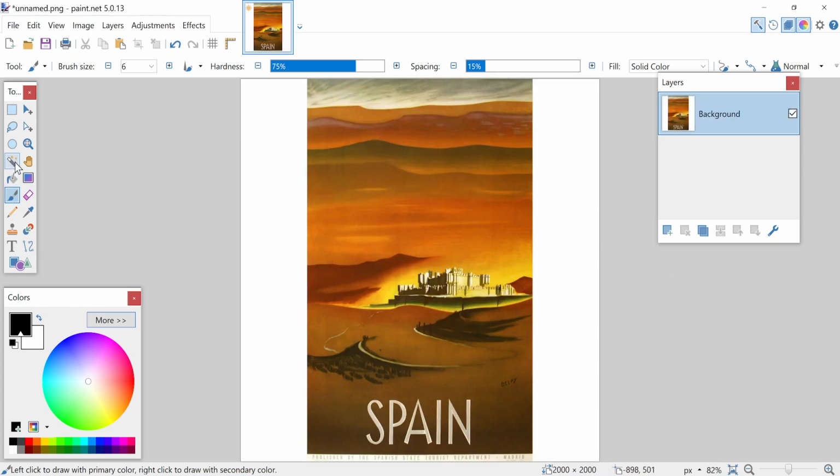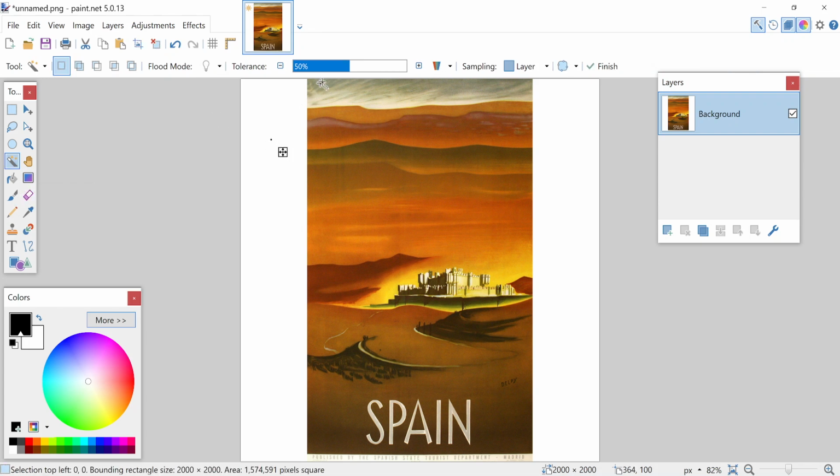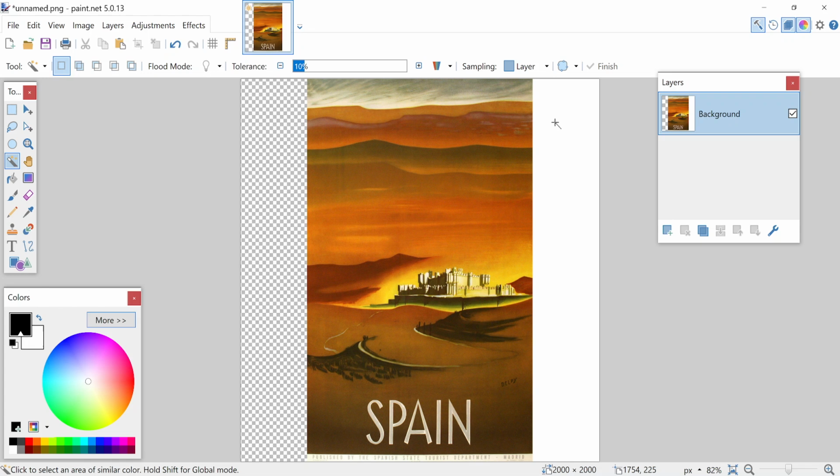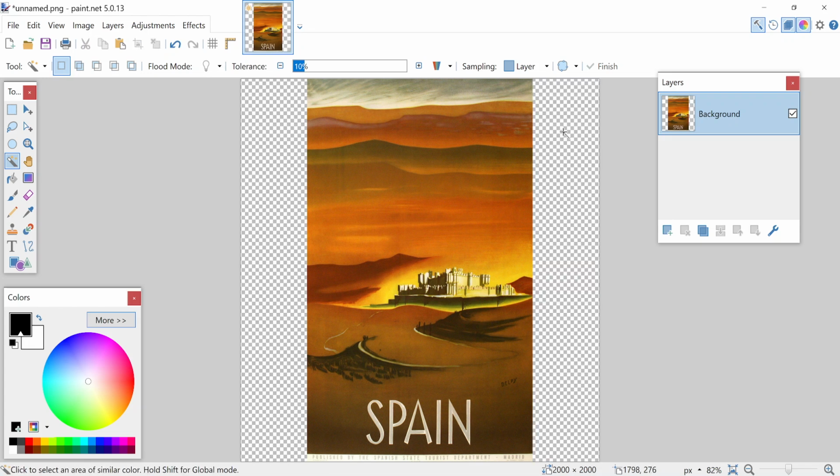Then I will use this magic wand tool and bring the tolerance down to like 8% as opposed to something higher, which will start to capture the innards of the image. So we'll bring the tolerance way down, and I'm deleting these, so that's going to make it a clear part of the image. Here's our layers tool, adding a layer,